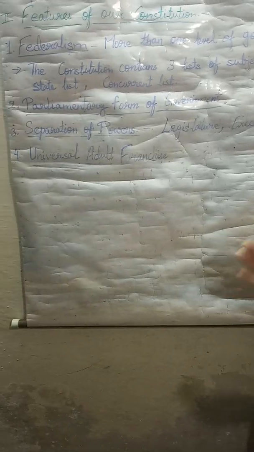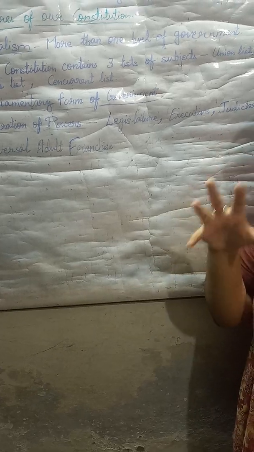All these things are mentioned in the 3 lists of subjects which are given in the constitution. These 3 lists indicate basically what are the areas of work which the central government is going to follow and which the state government is going to follow. So the first list is the union list. Union list, as the term indicates, means the central government will follow this list, and whatever issues are mentioned over there will be considered by the central government, that is the government at the union.